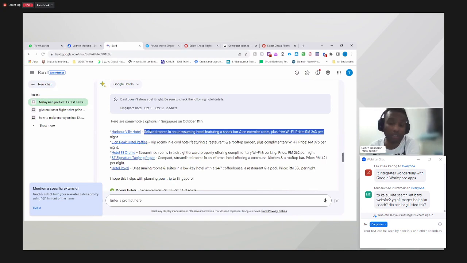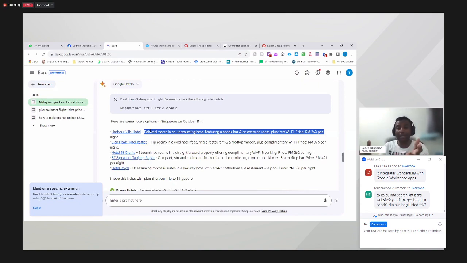but the point is this will give you guys an indication. Let's say I'm traveling on a budget, at least I know roughly kalau I nak pergi Singapore esok, I punya budget berapa. Flight ticket 300 lebih, hotel per night is about 200 lebih. So plus minus around 600 to 700 ringgit I have to allocate.